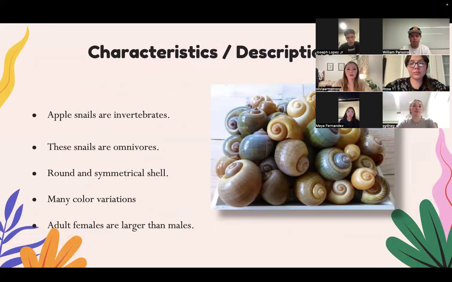So more about their characteristics and description is that they are invertebrates showcasing several distinctive characteristics. One of their most notable features is their round and symmetrical shell, adding to the aesthetic appeal. The coloration of the shells can be quite striking, often ranging from bright yellow to deep brown in wild specimens, often with stripes or dimples, and the most common color found in aquarium shops is a vibrant